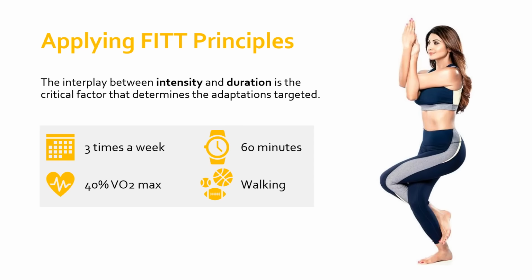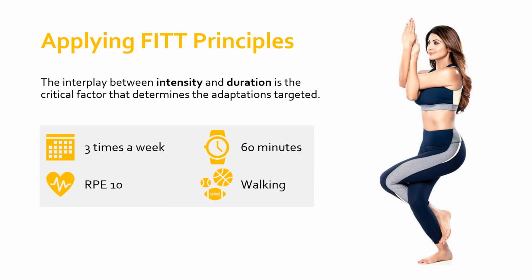So you'll remember that I said there's other ways to measure intensity, and one of those is the rating of perceived exertion. So I'm going to switch this out. I'm going to swap 40% of VO2 max, which is a relatively low or light intensity, for a rating of perceived exertion of 10. Remember that this is on the Borg scale, which runs from 6 to 20. So we're still fairly light in terms of the intensity and the exertion that we're asking this person to do in this program. We're going to say that their rating of perceived exertion needs to be kept at around about 10. So we've tried to balance the intensity and the duration